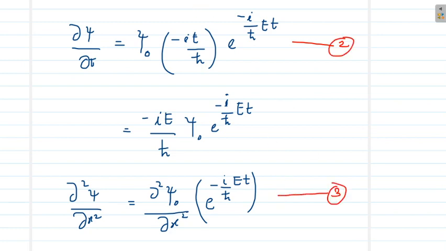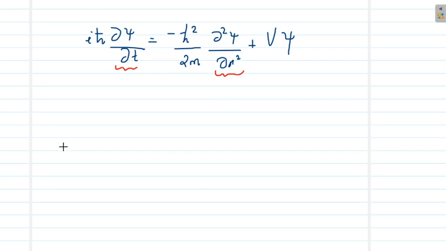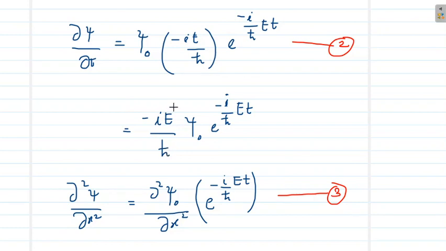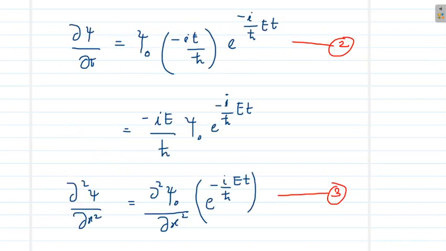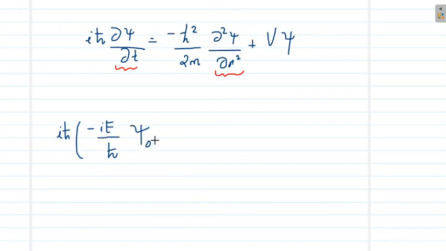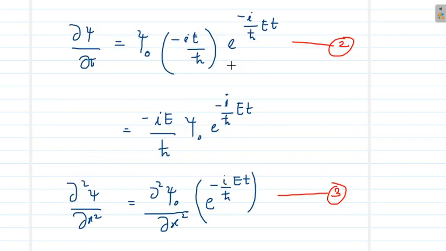So ∂ψ/∂t is iħ into minus iE/ħ into ψ0 e raised to minus iEt/ħ. This is equal to